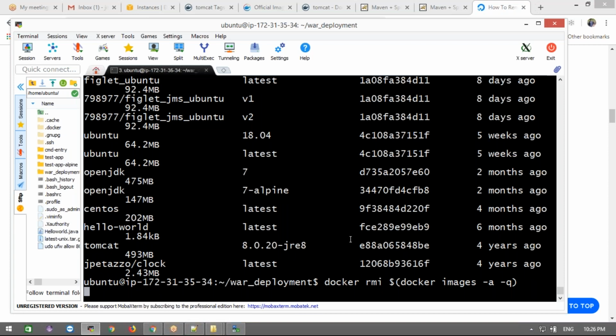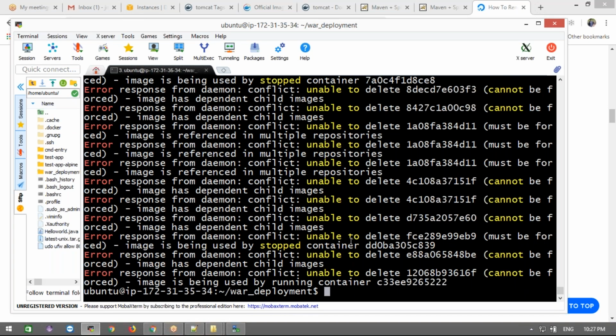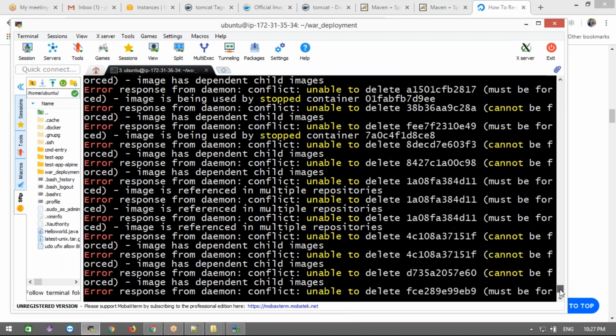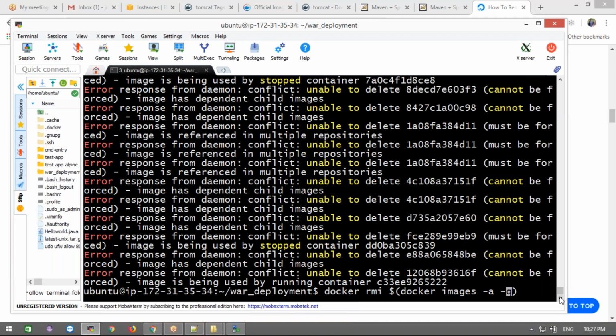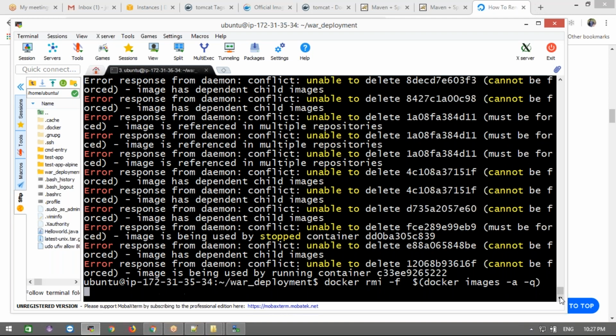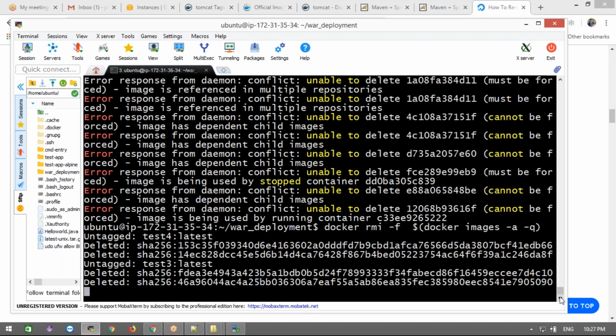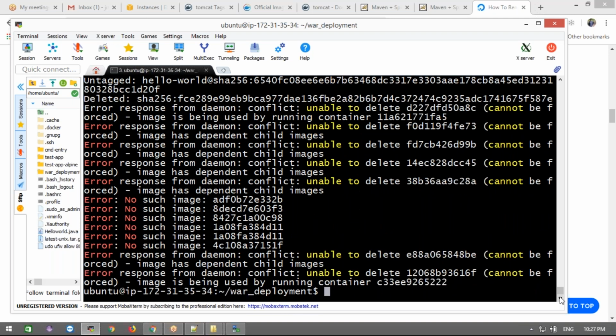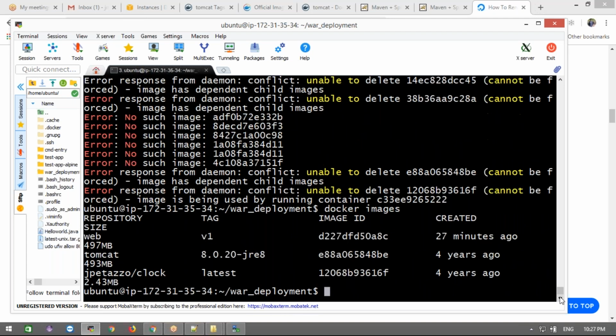Let them remove. I don't need the space. That's it. It was deleted.